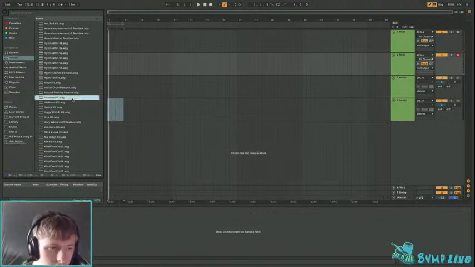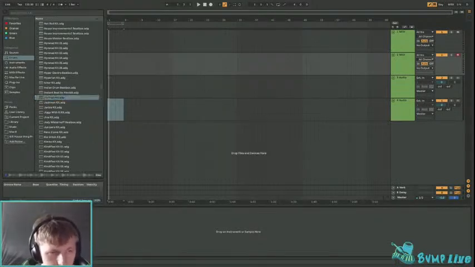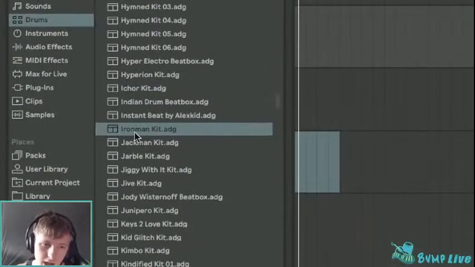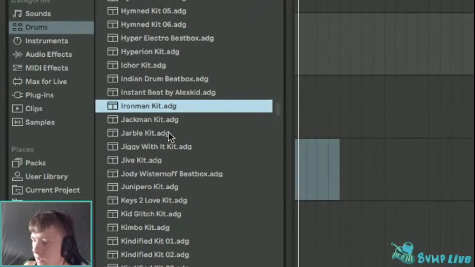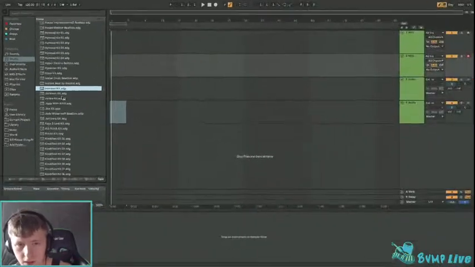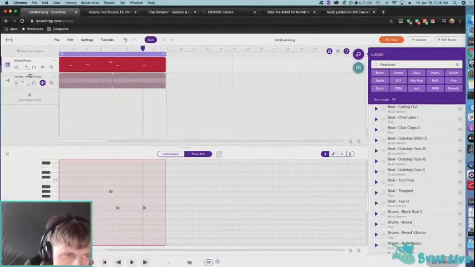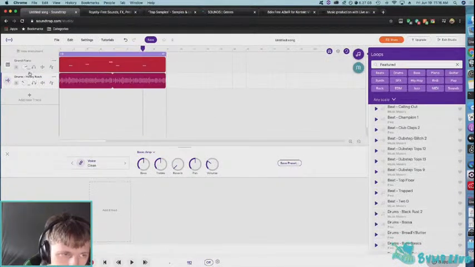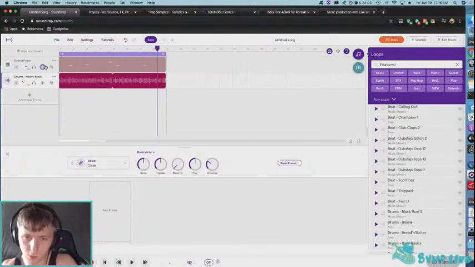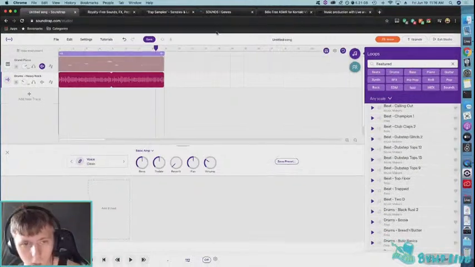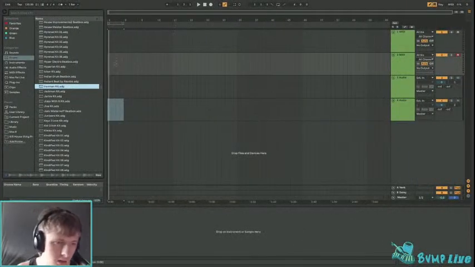So this is essentially a preview. It says ironmankit.adg. This isn't just a sample, a loop like you would see in the loop browser over here. That was just a heavy rock drum loop. I'm gonna mute this because this could sound bad. That was just pre-recorded, everything in one bit of audio. But with Ableton,